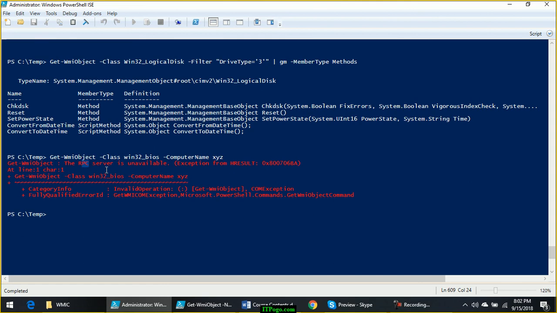The problem with RPC protocol is it uses a dynamic port. There is no dedicated port assigned for RPC calls. Remote procedure calls use dynamic ports, and due to this a lot of companies will block this at firewall level.